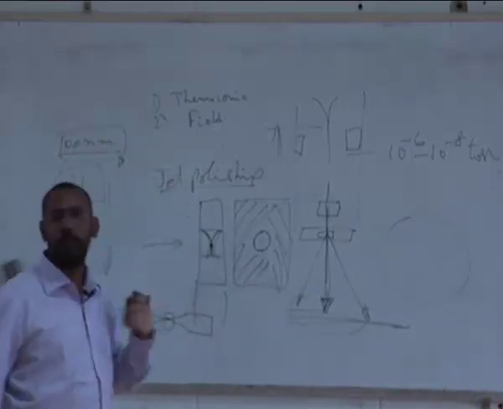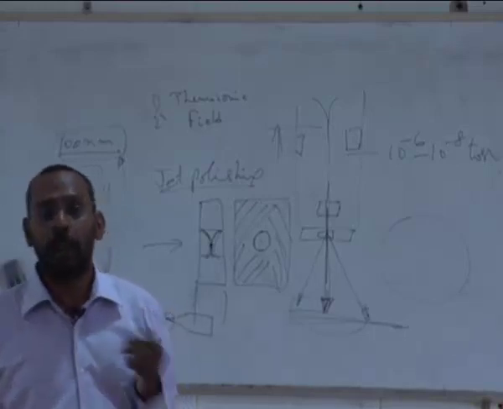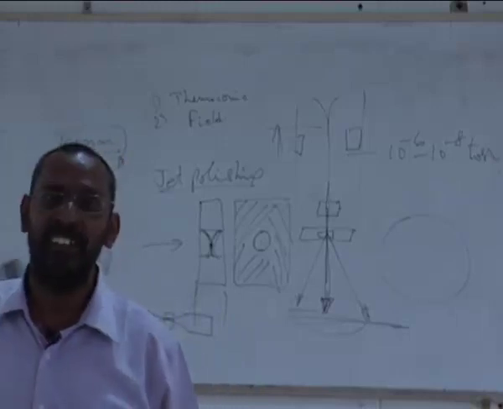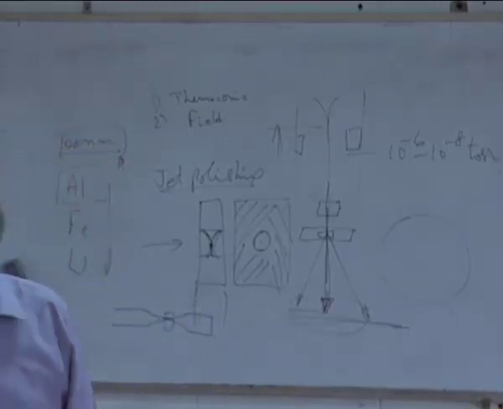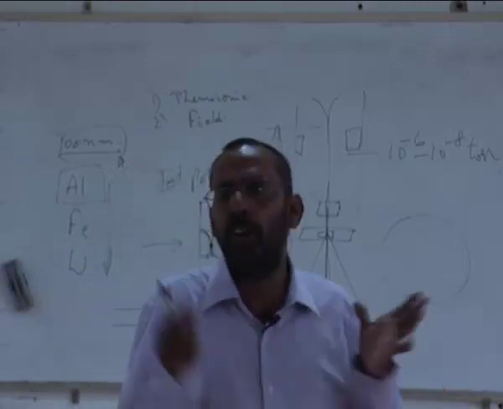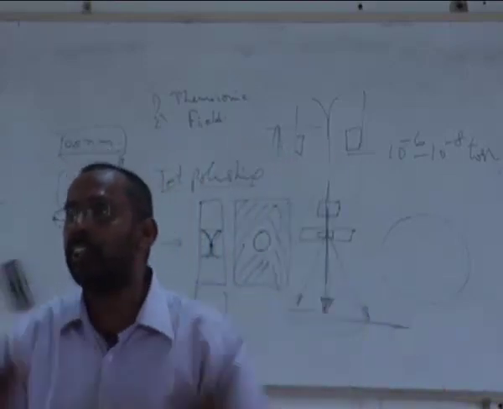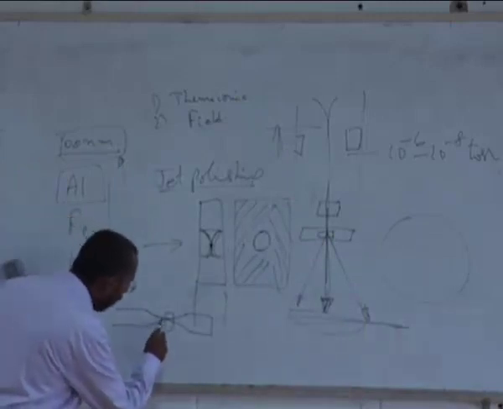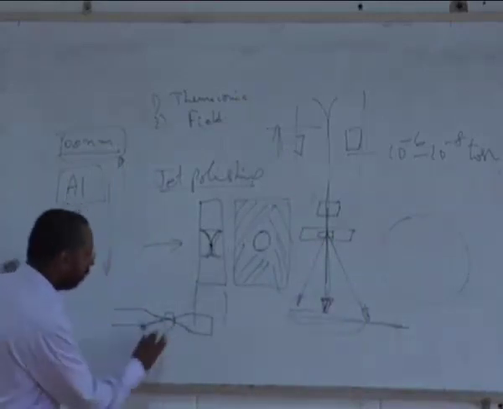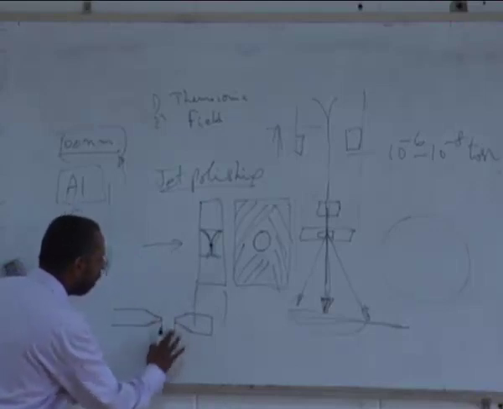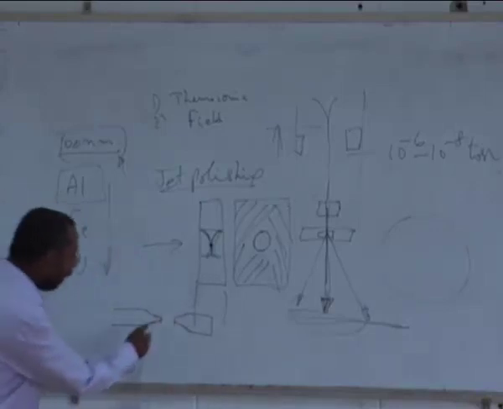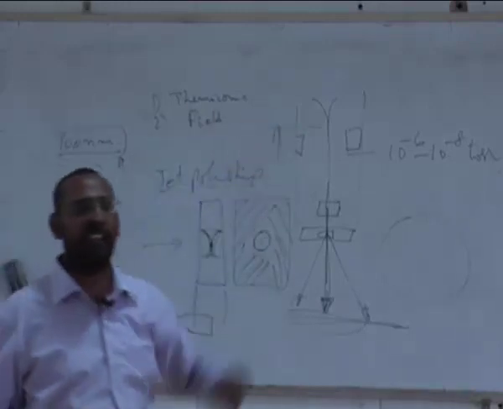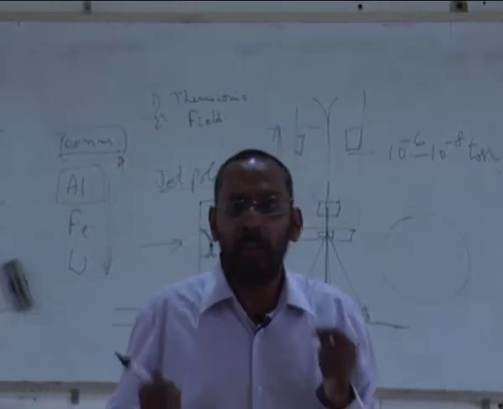This is happening continuously, and at some stage the moment the hole is formed, you can stop. But the problem is, how do I stop immediately after the hole is formed? This is a major challenge. You need to be very careful to catch it just when the hole has formed. Otherwise, it continues to dissolve and becomes like this. So it becomes a blunt hole. If it becomes a blunt hole, then this thickness is again larger. It will not be like this. It will be much bigger than that. So it's of no use to me. So I need to catch it.